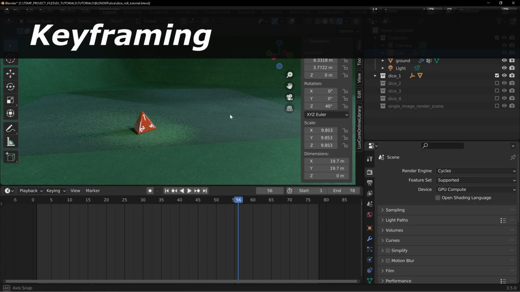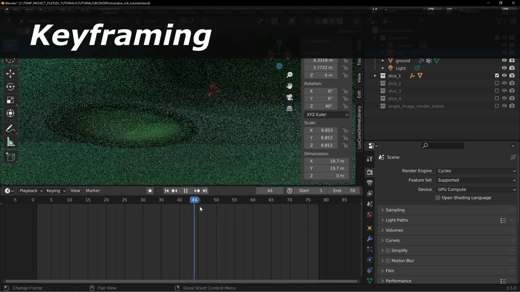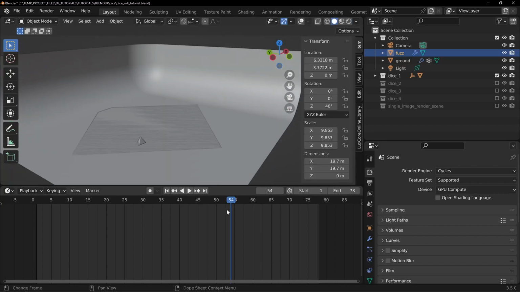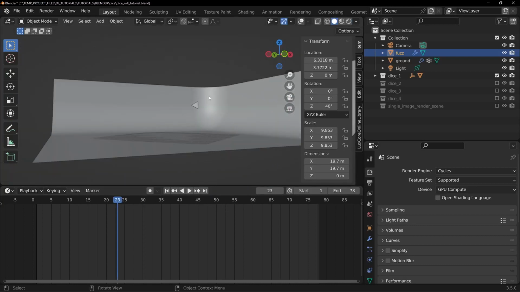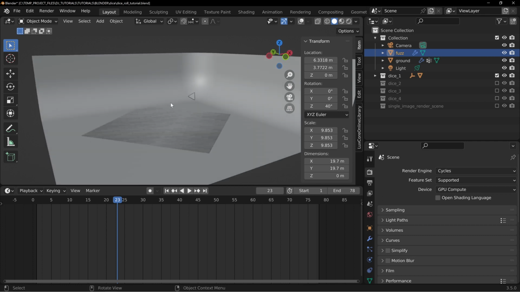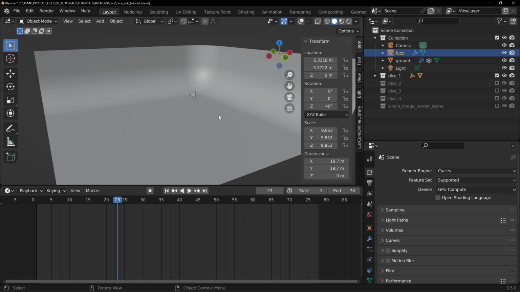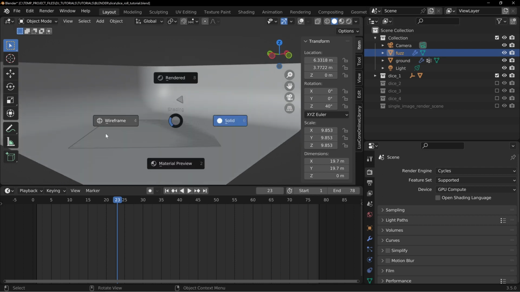So first, let's just talk about the basic idea about why I go with this approach. What I first tried to do was some physics, and have a dice that kind of rolls onto a table and stuff like that. But with simulations and physics, it can be kind of a pain to get it to be exactly where you want it to be for a video or an animation or something like that,